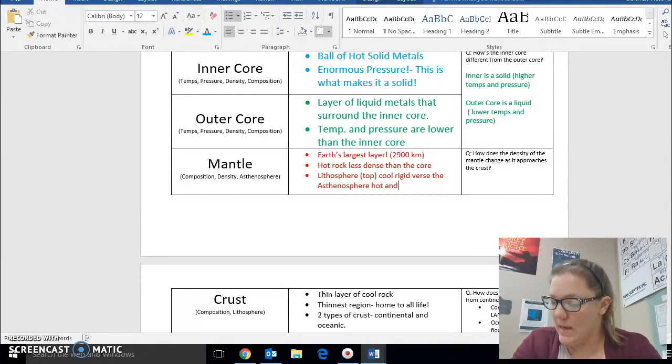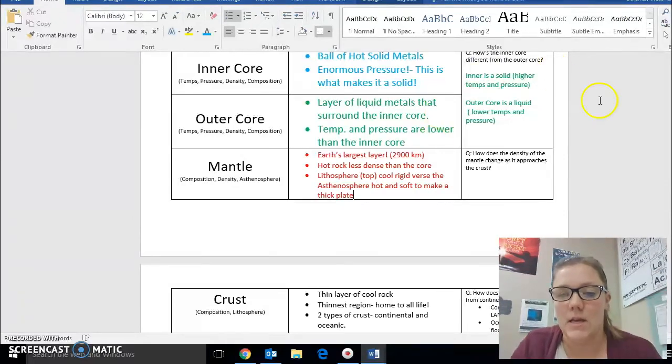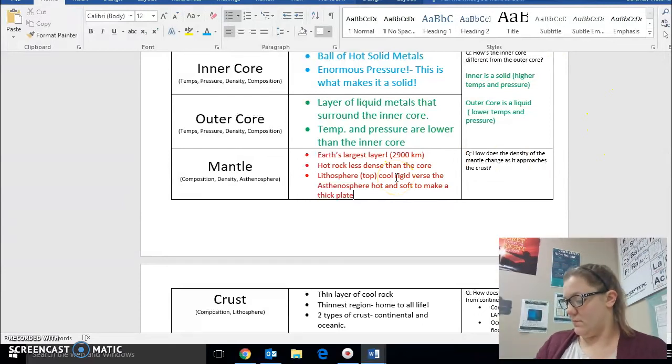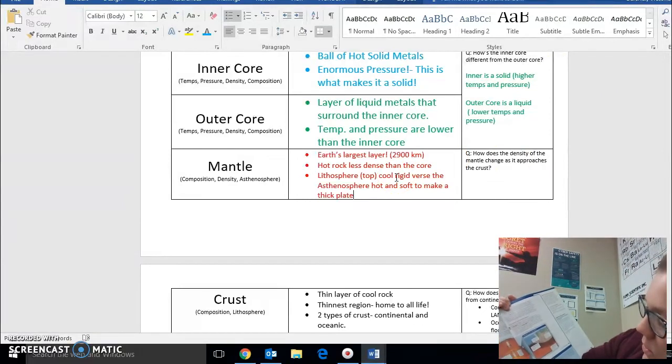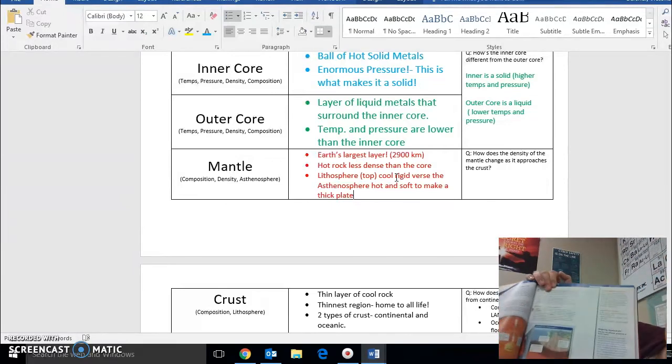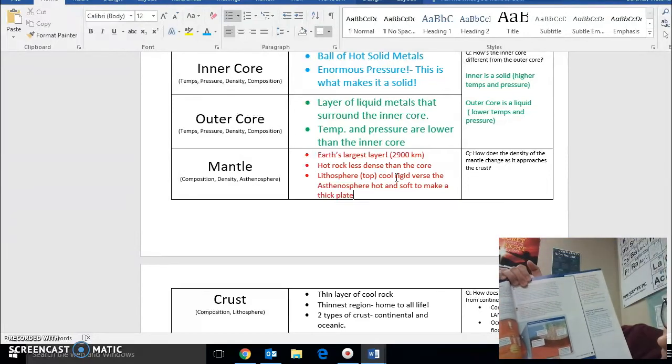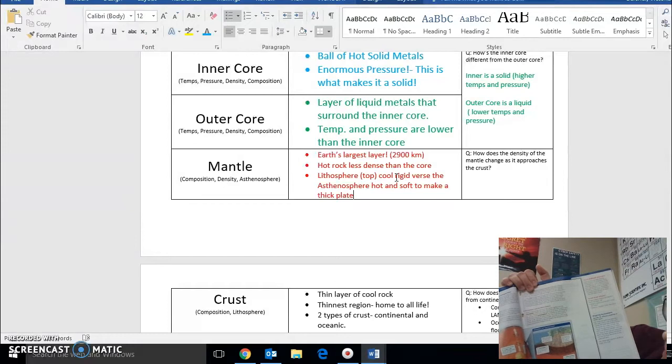It is hot and soft to make a thick plate. So with that being said, as you can see in the picture here on this page, we see that the asthenosphere is more towards the core, whereas the lithosphere is towards the top, closer